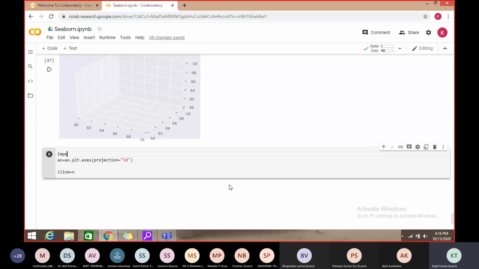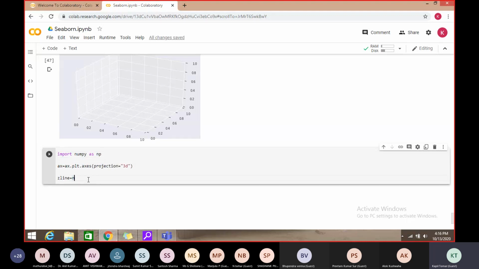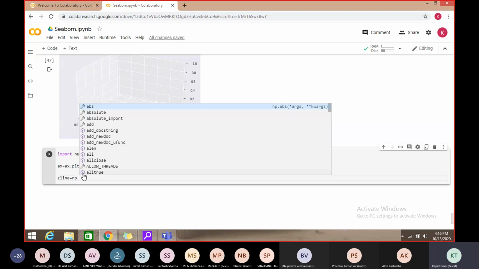So I import numpy as np. Yes, so for Z line, I can directly call the random method, or in place of random